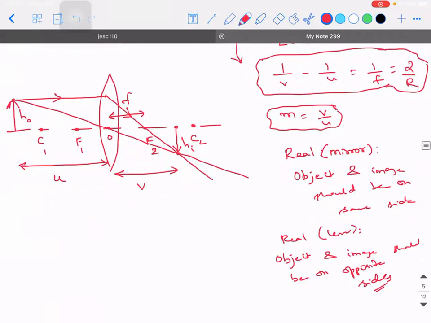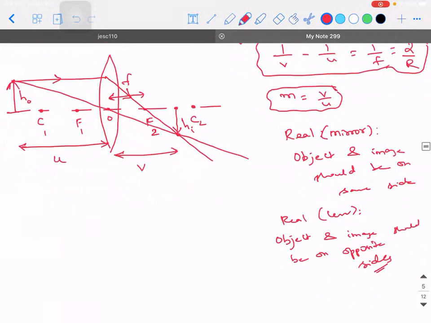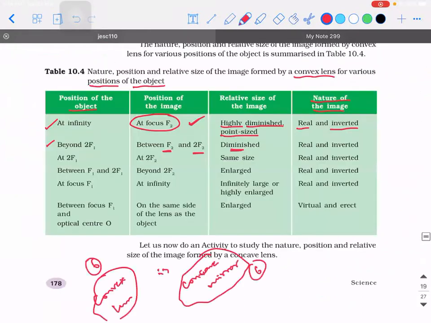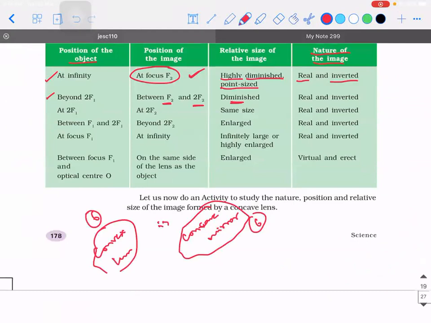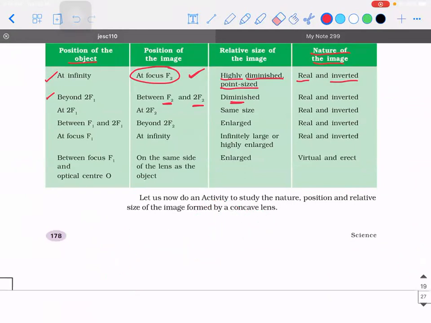So this is what happens, right? So I hope everybody is comfortable with ray diagram. Is there anyone having a doubt with it? If anybody wants me to explain it, I'll do it, or else I'll proceed to the next part. I'll concentrate on how to solve the problems. Okay, I hope you're clear, right?